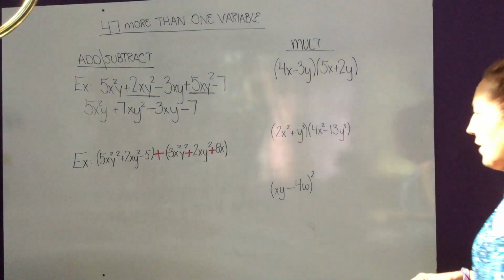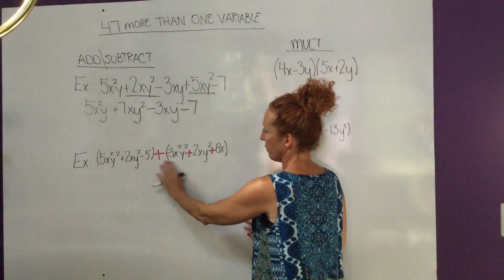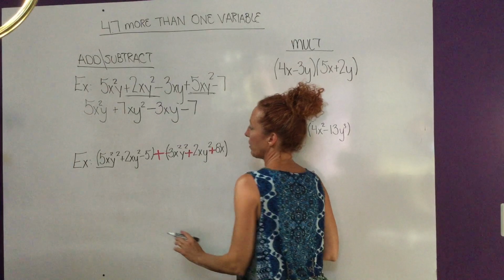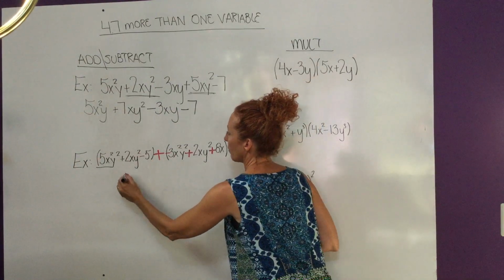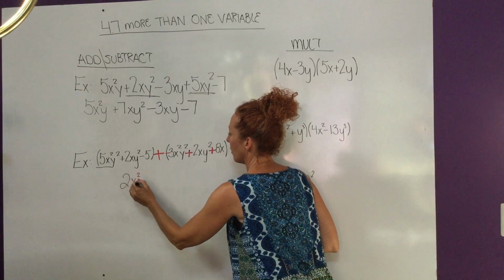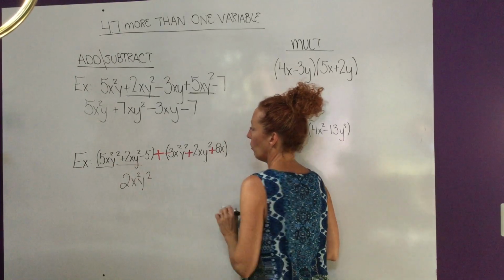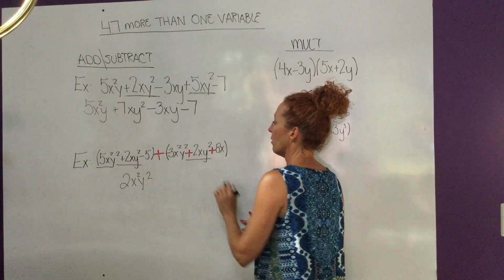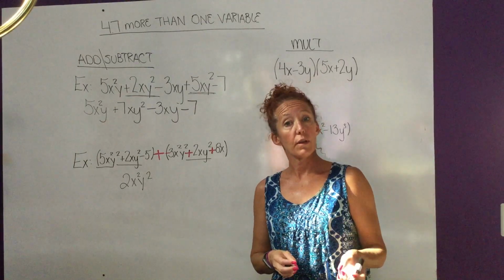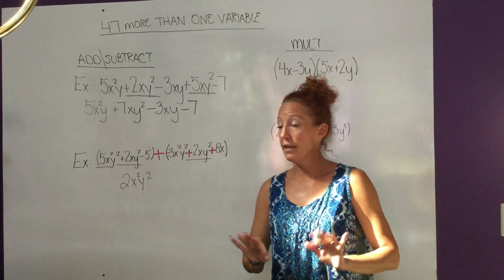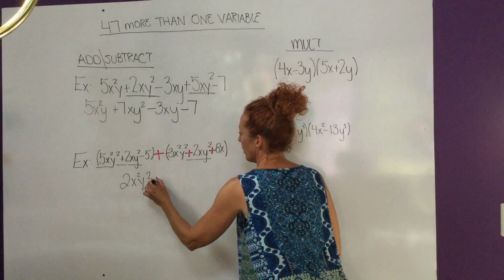Because now we're pretty confident in our ability to remember what our original problem was and how to deal with that. So I'm looking for x squared y squared, and I see it right here. So 5 take away 3 is 2x squared y squared. I have 2xy squared and another 2xy squared, so they do match. The coefficients are the same, don't cancel them. That's a positive 2 and that's a positive 2, so plus